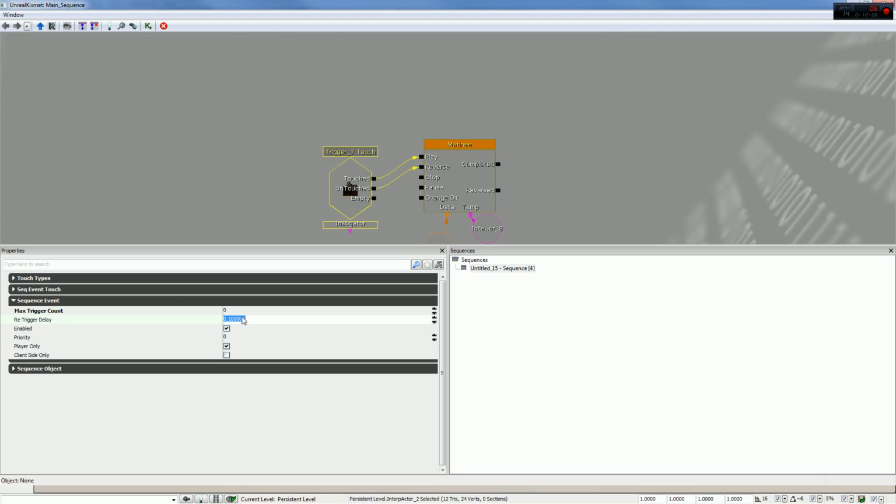Now the retrigger delay, this is separate from the trigger count. It doesn't actually matter if you only have a maximum number of one count,